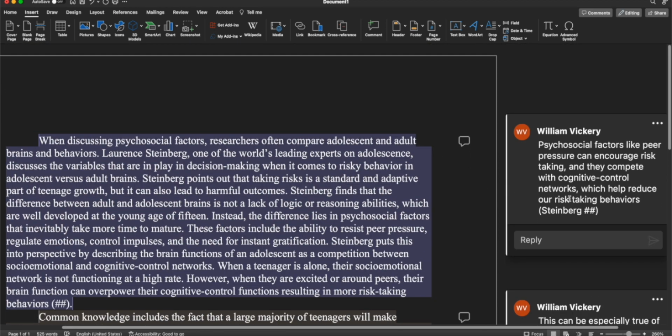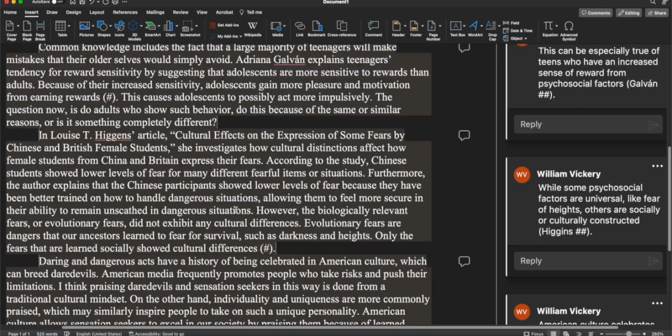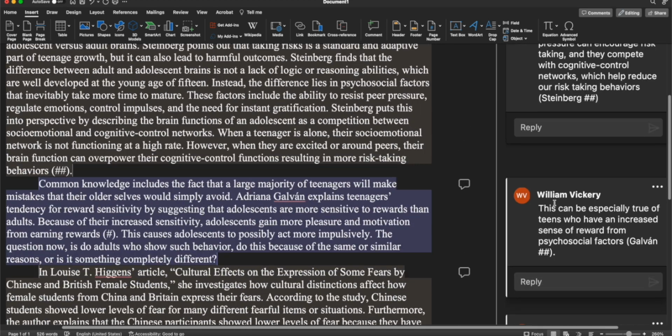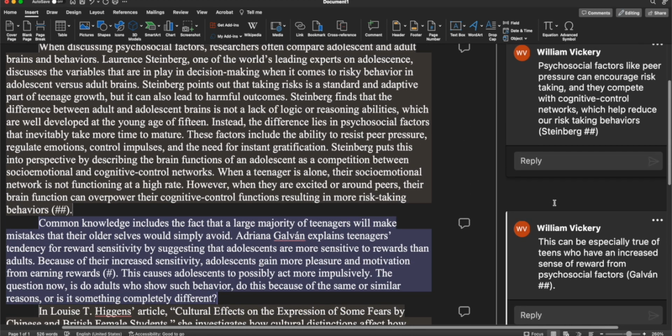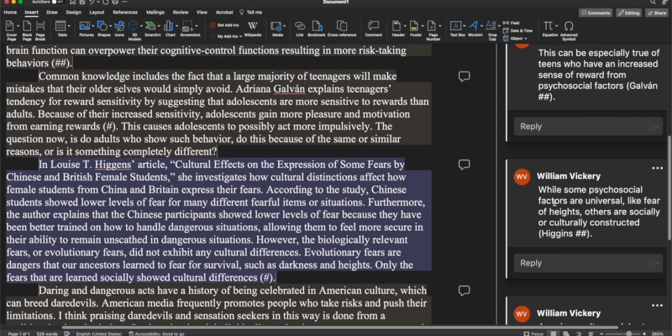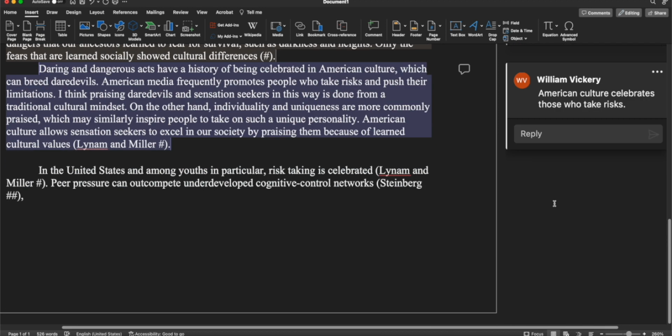So who's our citation for this first one? Steinberg. Peer pressure can outcompete underdeveloped cognitive control networks and provide